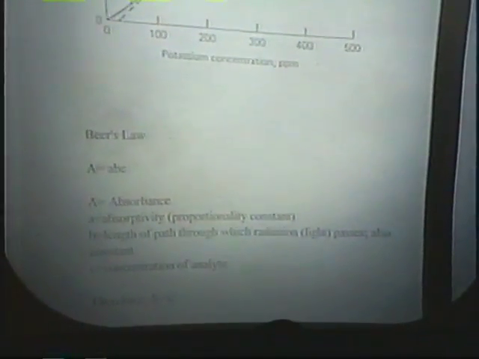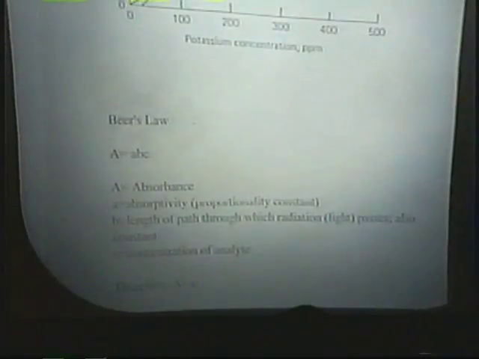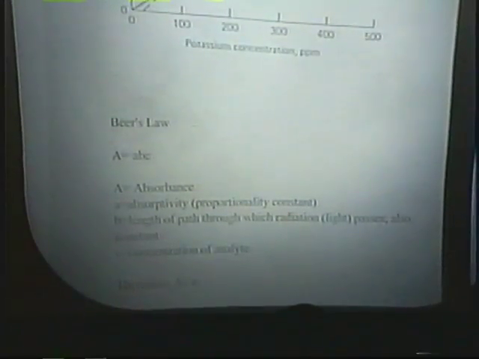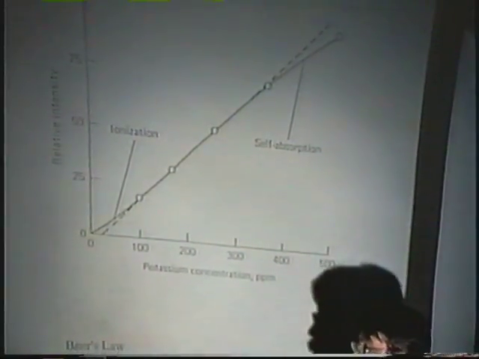But we look at the relationship between the concentration of a substance in a solution and some physical phenomena. And the physical phenomena are generally something that can be expressed in terms of radiation. And the most common kind of radiation you deal with is light. Probably the most common phenomena in terms of light that you deal with is color. The woman over here has an orange coat on, and we see that bright orange because a particular wavelength of light is being reflected and other wavelengths of light are being absorbed. And Beer's Law basically says that there's a relationship, A is equal to a, b, and c, where small a is an